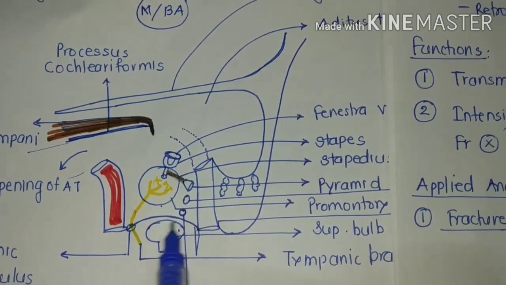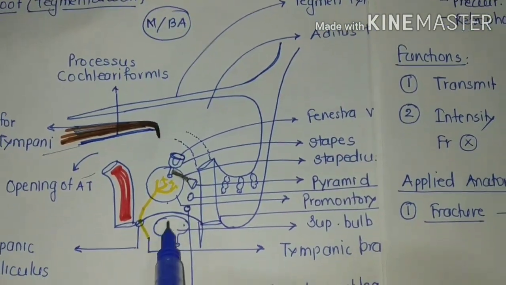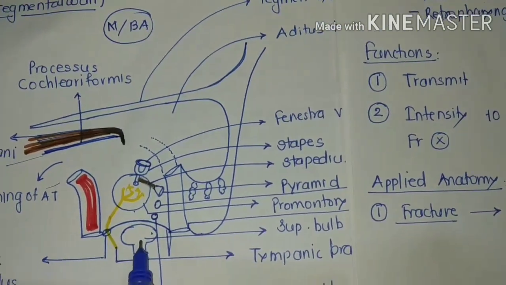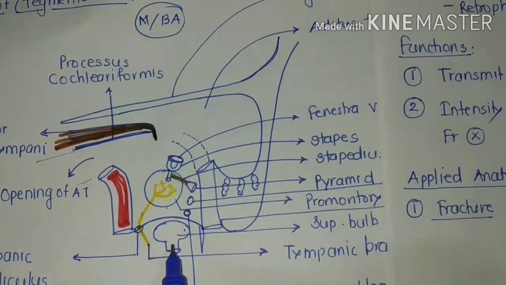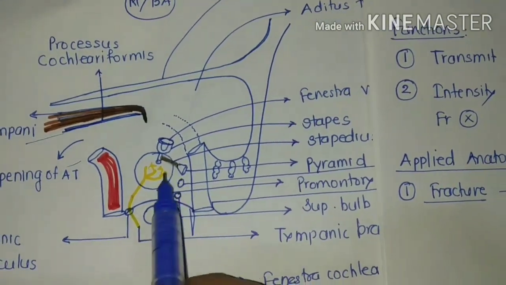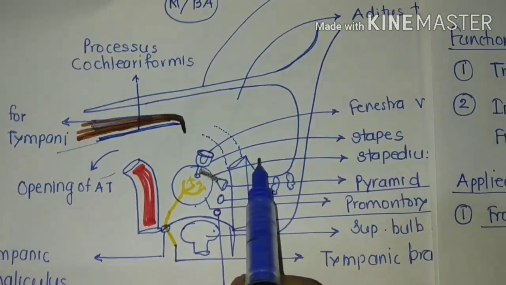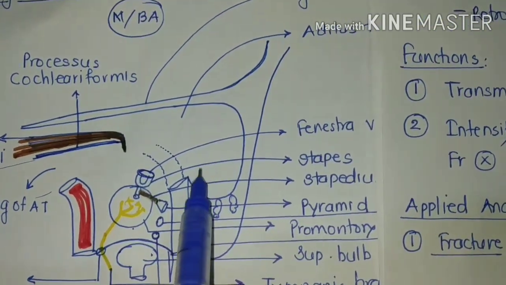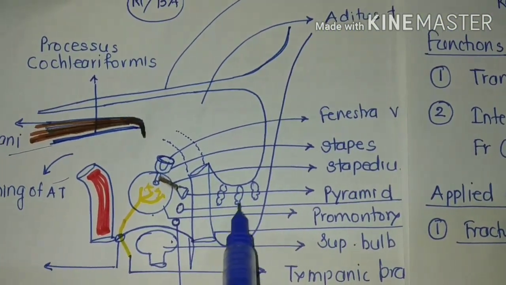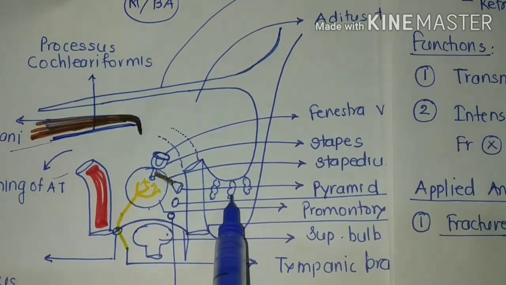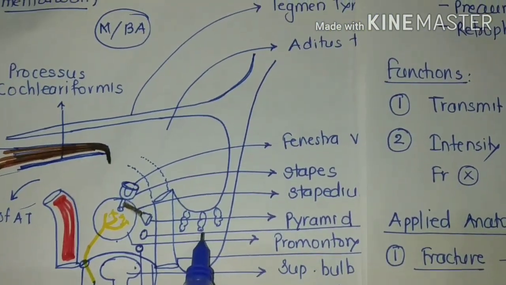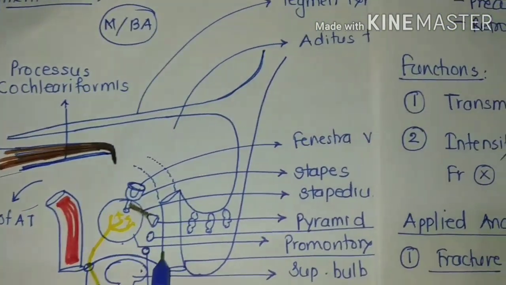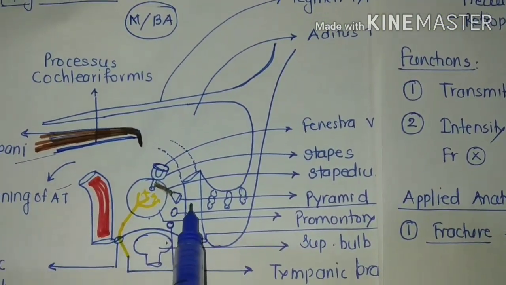We know that this floor is related to the superior bulb of the internal jugular vein, and it may cause thrombosis of the internal jugular vein and sigmoid sinus. Clear? Then it may spread backward, causing mastoid abscess. If it spreads backward, it first goes to the mastoid antrum, then to the mastoid air cells, causing mastoid abscess. Clear? Then it may erode the thin wall of the facial canal and